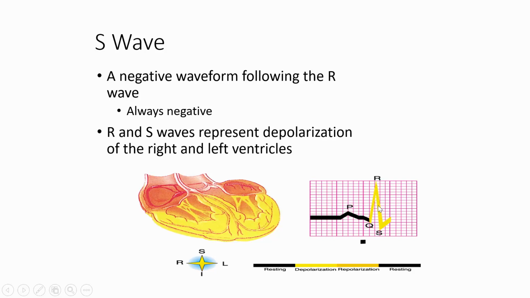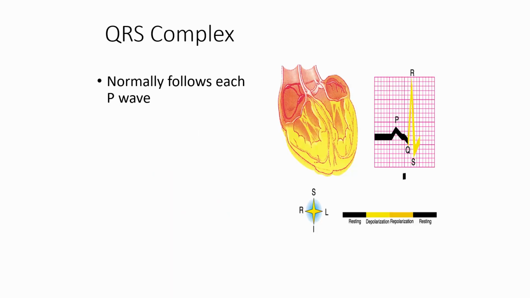This whole thing right here is your R. Okay, so you follow it up, and then you see when it is at baseline, then what happens is it goes below baseline, and once it goes below baseline down here, this is your S. Okay. So the reason I take each one of those apart is because typically when you read it as a QRS. So let's